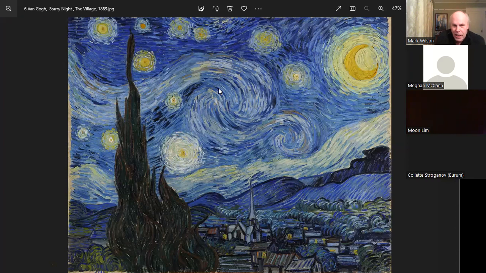So, okay, here we go. Formal analysis, pretty obviously dynamic. Again, there's nothing stable about this. Bold outline around all the main objects. It is roughly balanced, except some people would say the sky does take up more space here than the foreground or the ground itself. But I would say it's still roughly balanced because this is a separate mass here of the undulating, swirling energy of the universe,